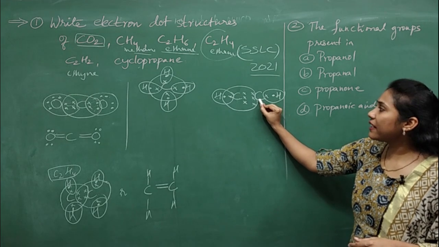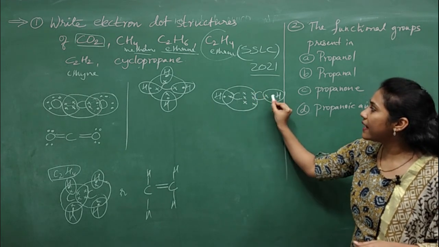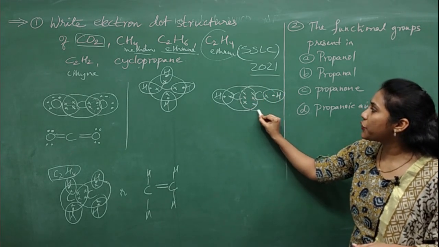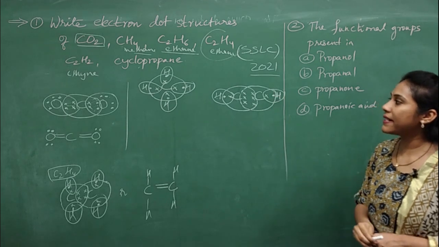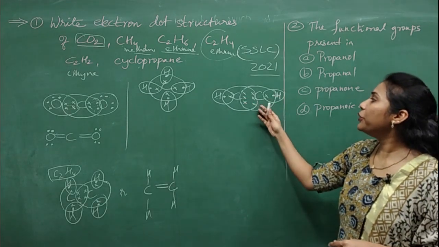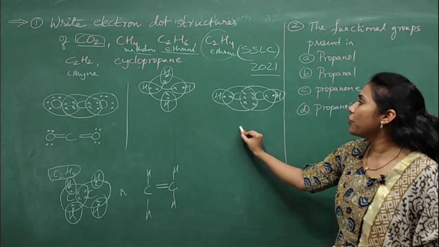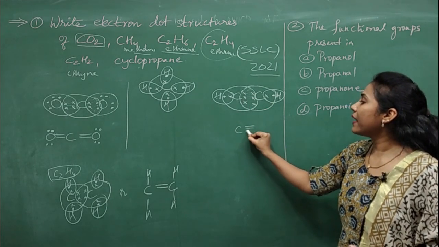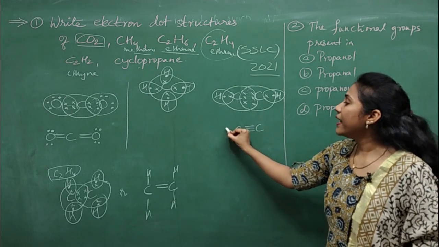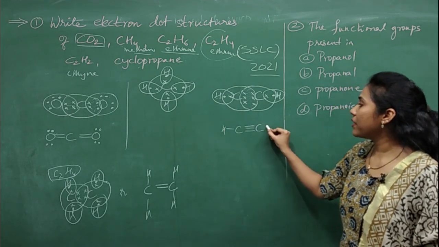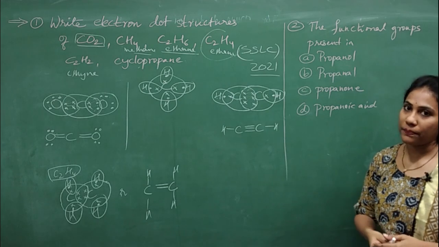Similarly, you should circle this carbon. So all these electrons together, it becomes 8. You are writing a big circle. So ultimately, how do you write its structure? You see, the shared region has 6 electrons, no. So between carbon and carbon, you have 3 bonds, and one more bond with this hydrogen, another bond with this hydrogen, right?